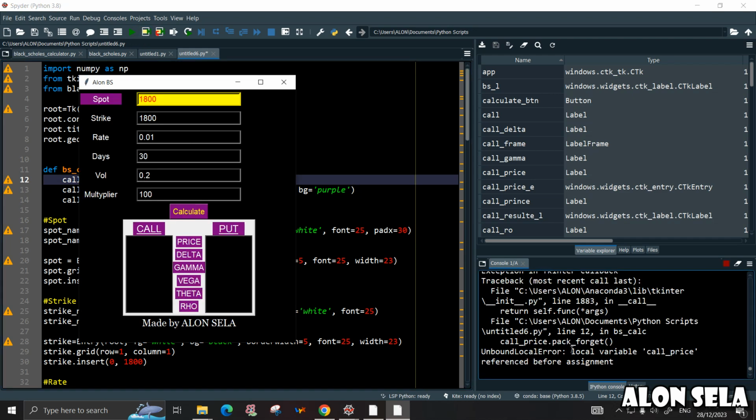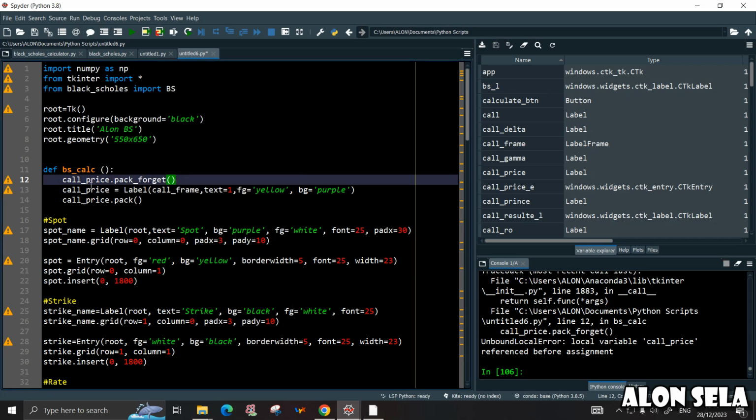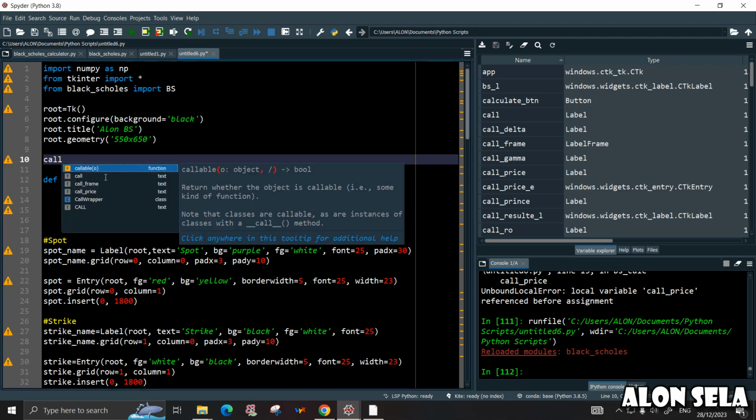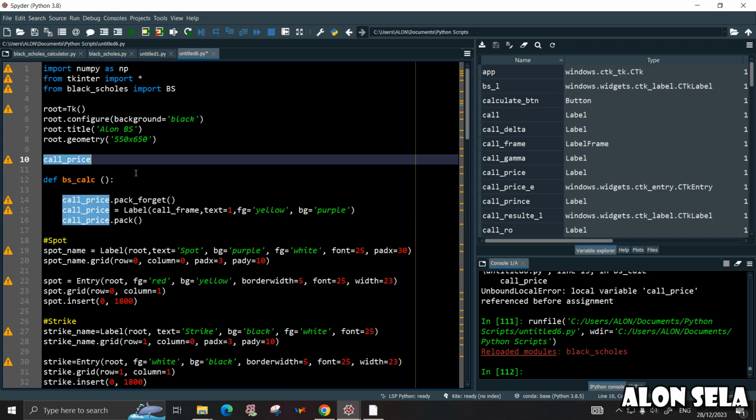Basically now we are getting into another problem, which is that call price isn't defined. And why is that? Because it's first saying call_price.pack_forget, but there is nothing to forget, so we get this kind of error. So let's see how we can overcome this little annoying problem. Basically, we need to tell Tkinter that we already have something to forget,